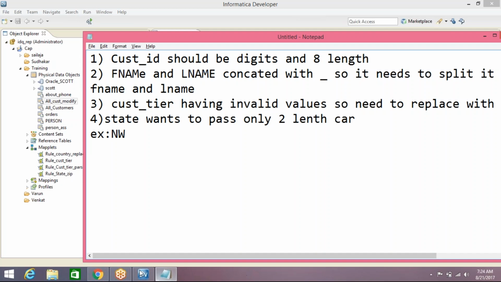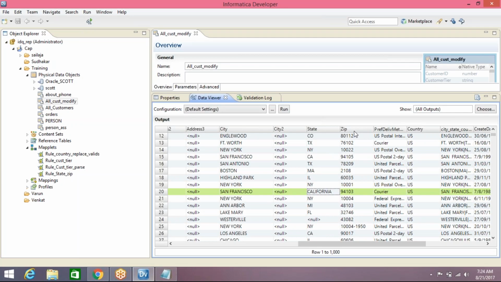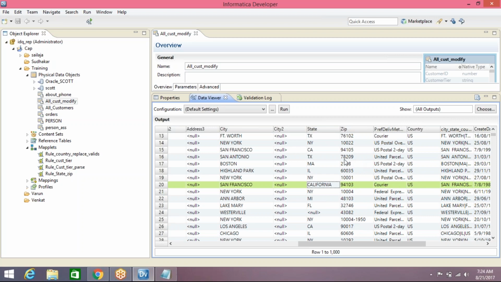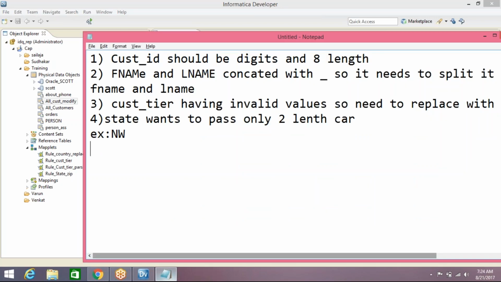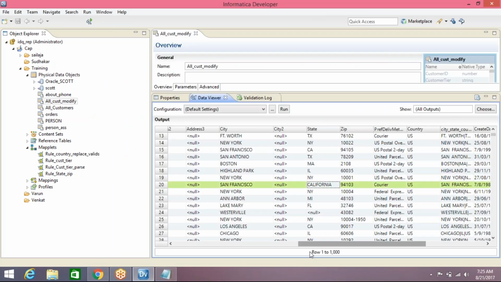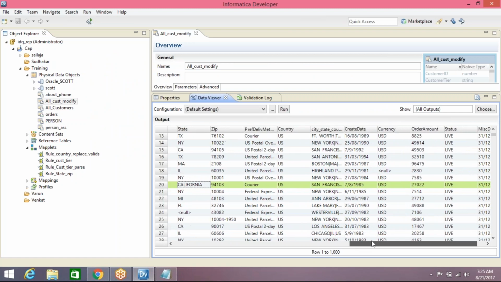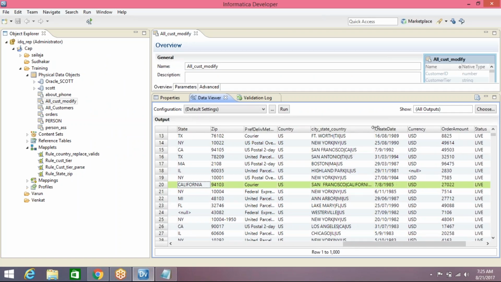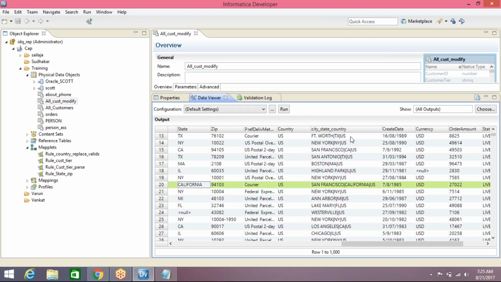Next, zip. I want to pass only 5 length digits. 5 length digits. Next, city, state, country, and